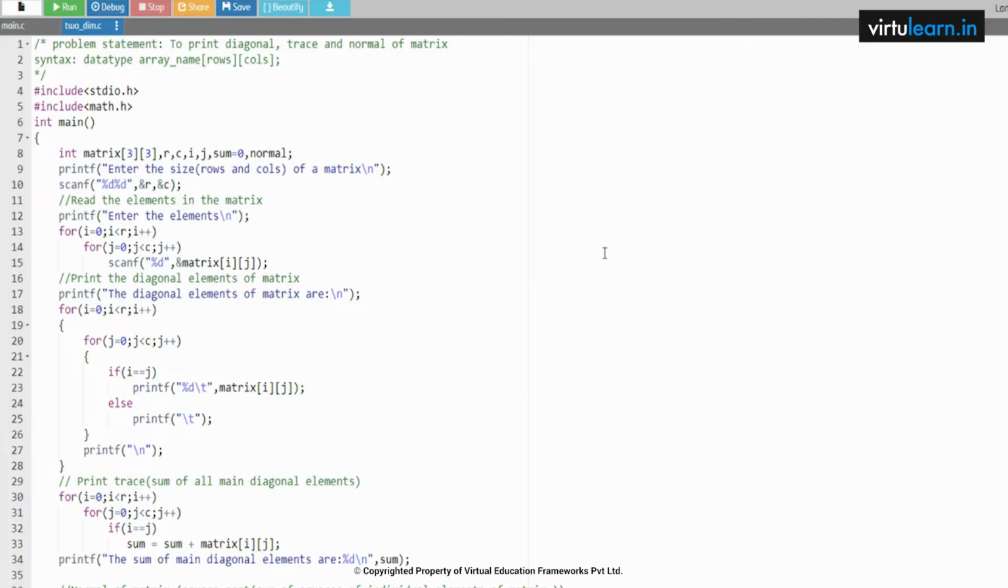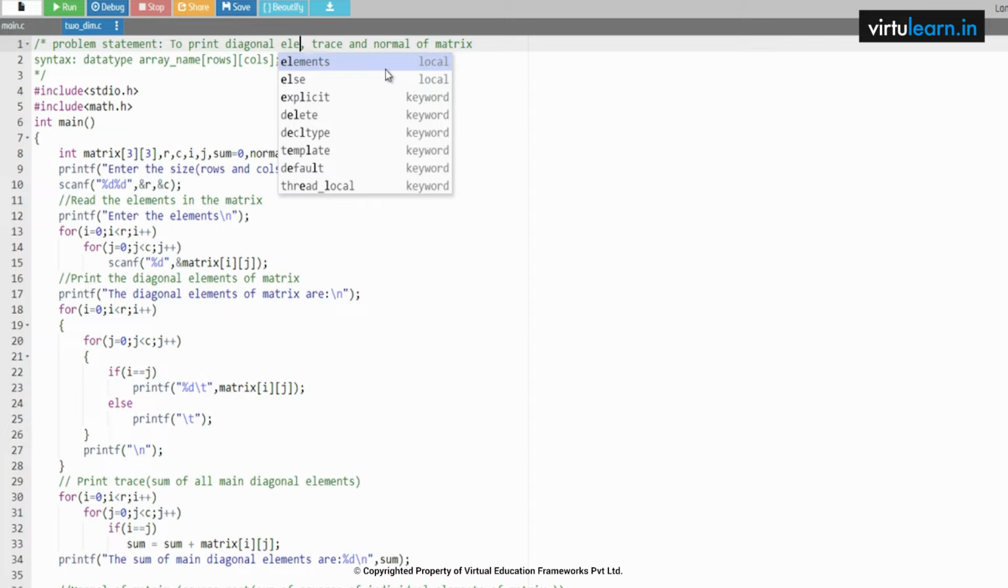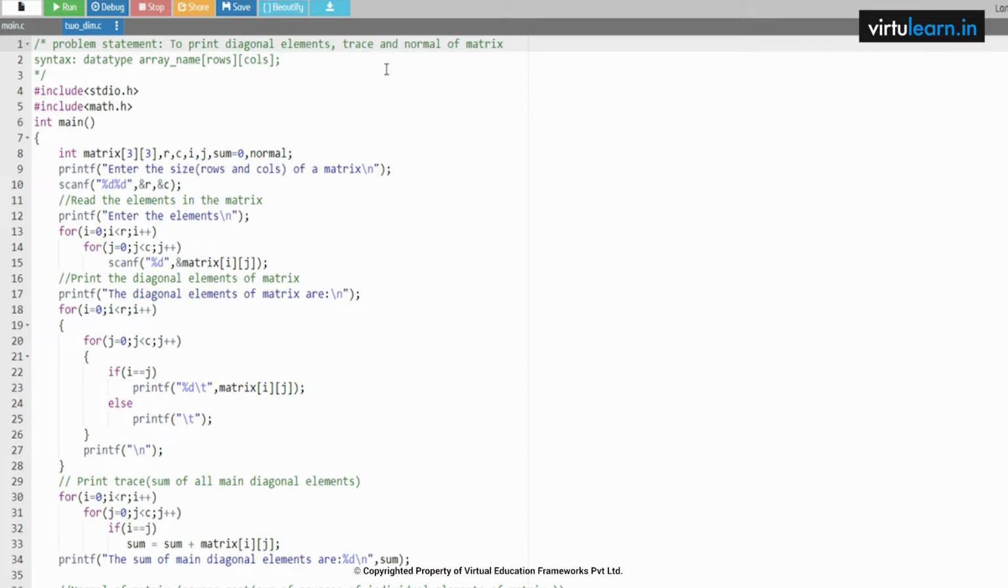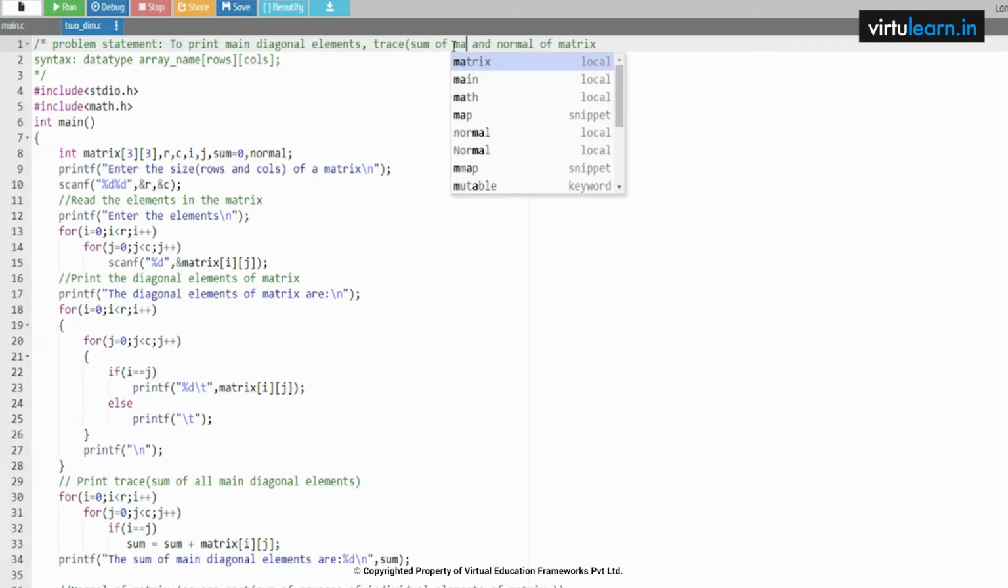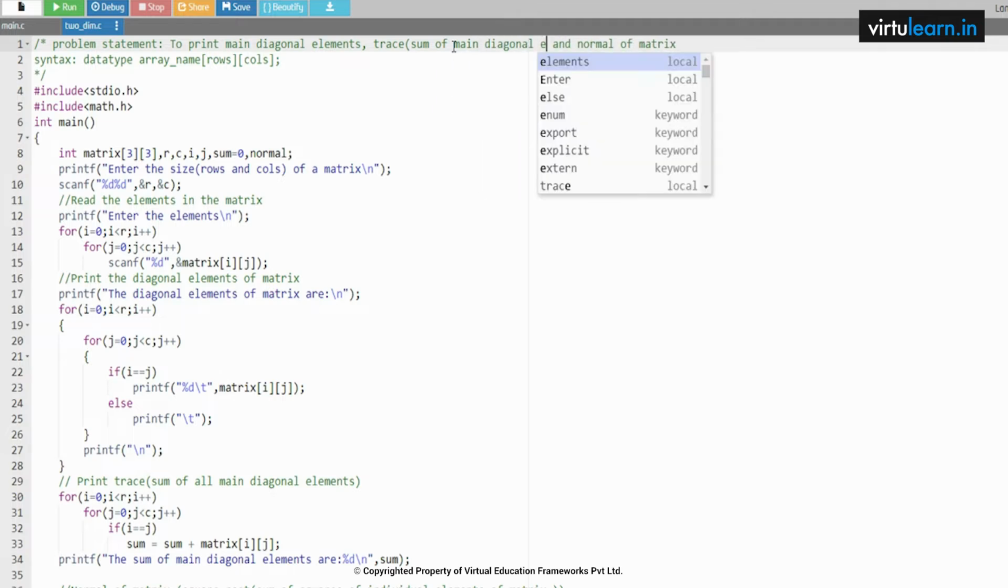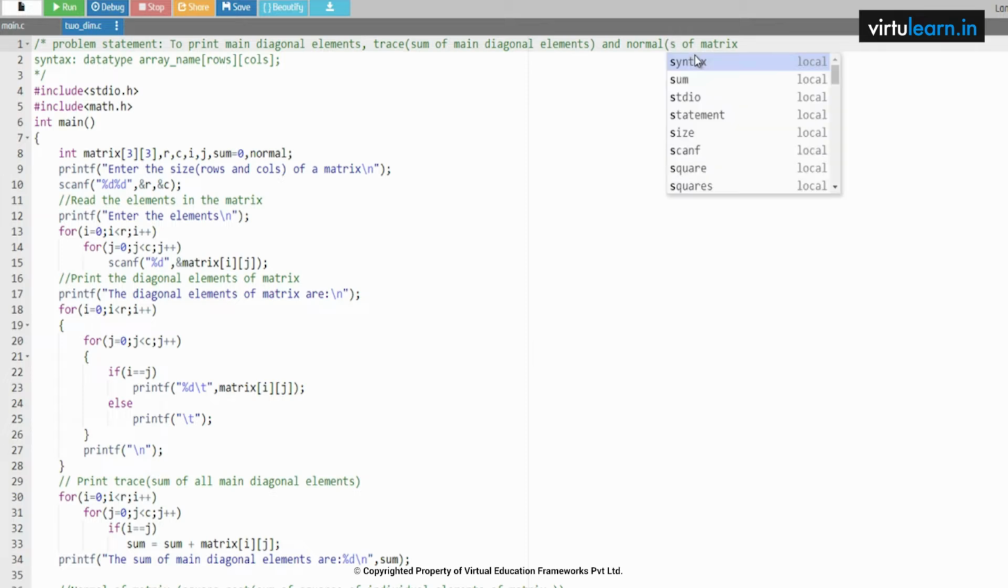The next program is to print diagonal elements. That is, I want to print the main diagonal elements, the trace. Trace is nothing but the sum of main diagonal elements, and the norm of a matrix. So what is the norm? It is the square root of